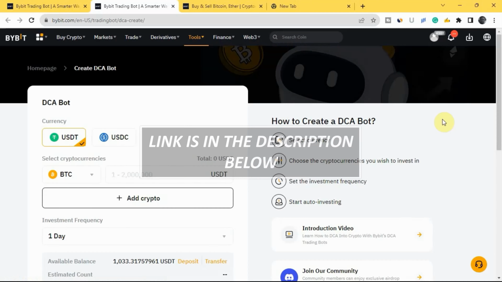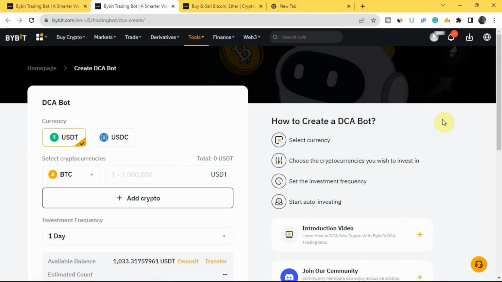Now, how do you set the trading bot for DCA on the ByBit platform? As you can see here, the first thing you need to set is the currency you want to use to invest. You can either use your USDT or your USDC to invest. So, for example, I want to use USDT to invest. That means that's the currency you have in your